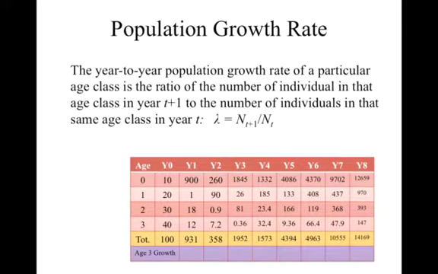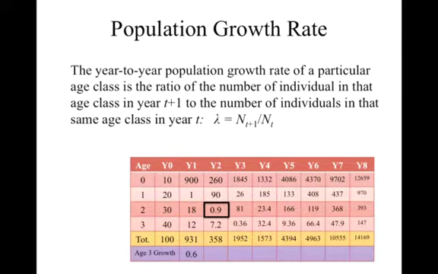All right. Now, that was looking at the population as a whole, looking at the growth rate of all the age classes summed together from 1 year to the next. We can also look at the year-to-year population growth rate of a particular age class. So let's take a look at the age 2 group. So again, I can calculate the age 2 growth rate by taking, that final line should say age 2 growth, not age 3 growth. I can do the same exact thing. I take the number 1 year later, so in year 1, I divide it by the number now, so in year 0, and I get a ratio of 0.6, so that's my population growth rate for my age 2